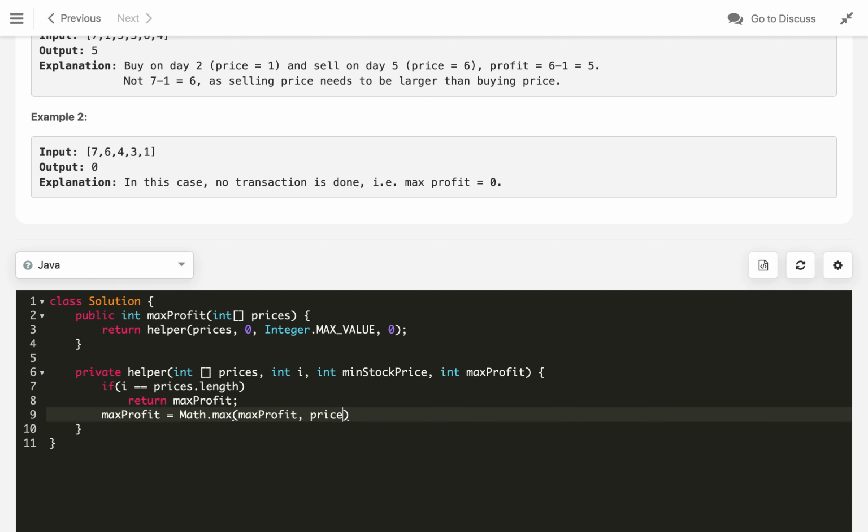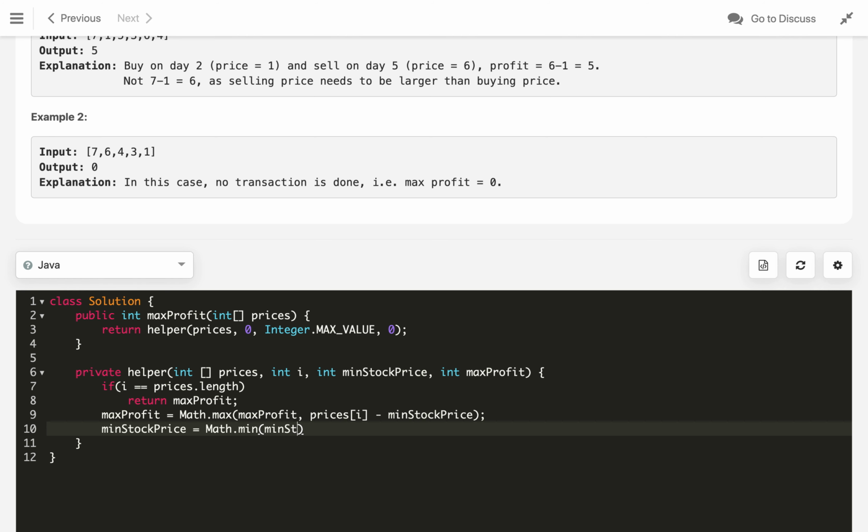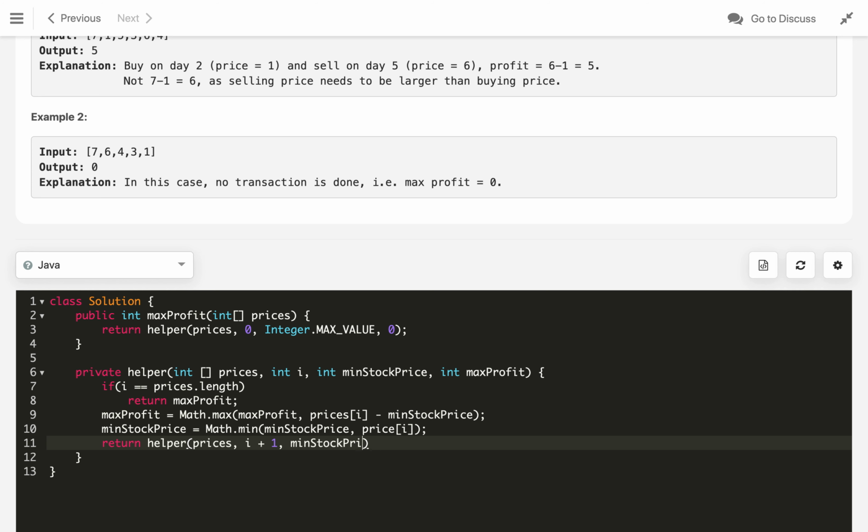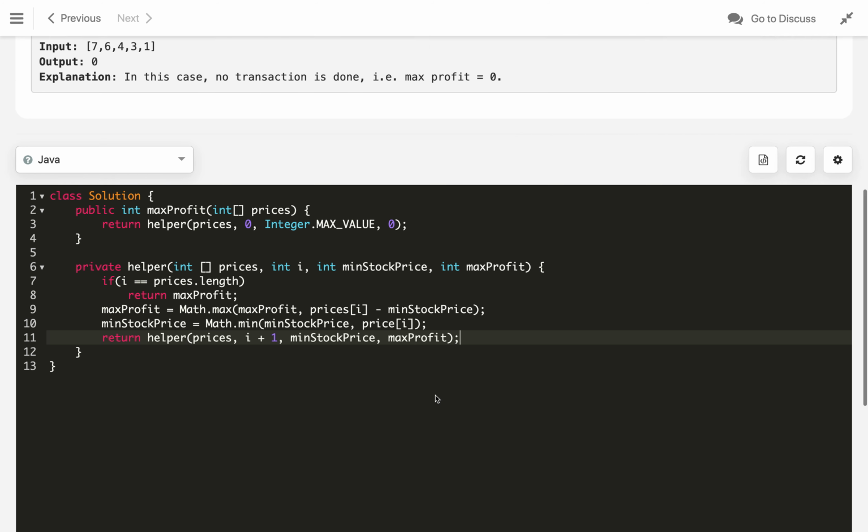The new profit is prices at i minus the minimum stock price before this, which is min stock price, and then we will also update our min stock price, which will be the min of the current min stock price or the current price of i, and then we will return again, updating the index and the max profit. So this is how we will try all the possible combinations.